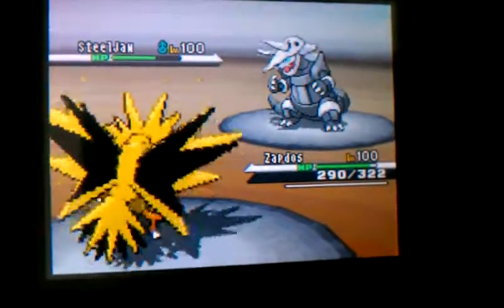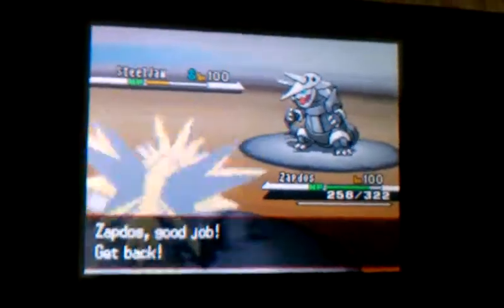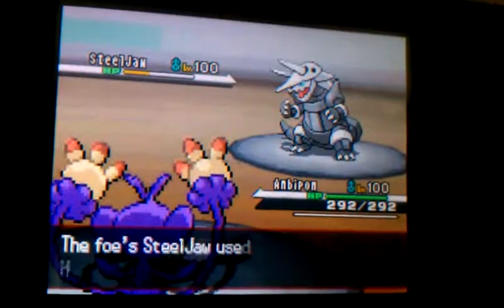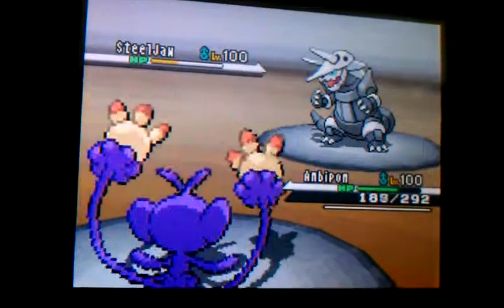So, boom, Heat Wave. It brings it down decently. There's a little over half. I don't think Thunderbolt would have killed, even with STAB factored in. But here I'm going to switch out. I'm going to go into my Ambipom as Death Powder because I don't want anything else taking a hit. I know Ambipom's for the most part going to be useless. So I'm just going to let that thing take a Head Smash to the face, and down goes my Ambipom